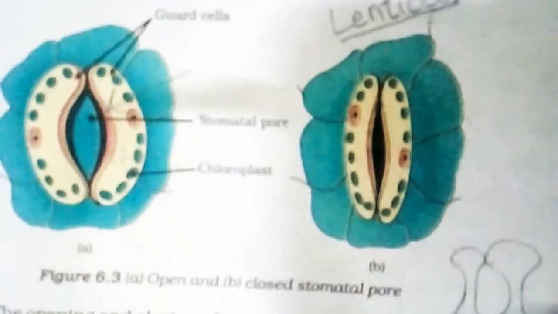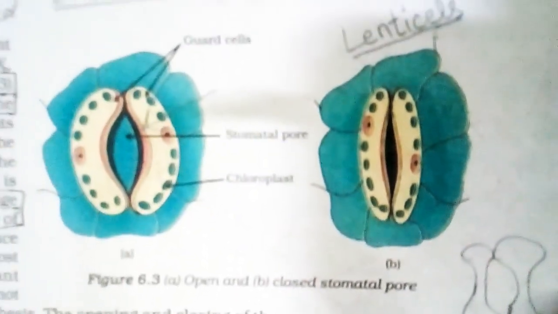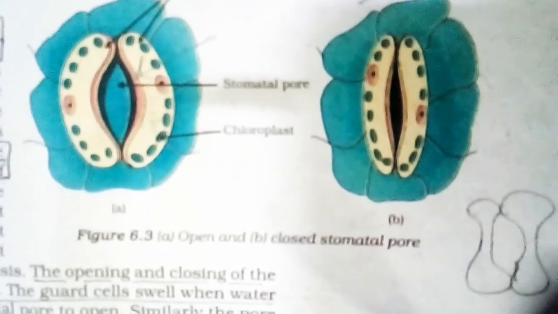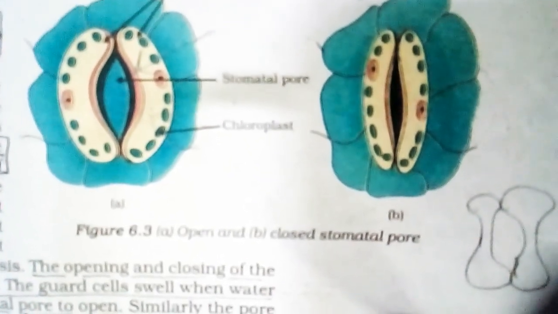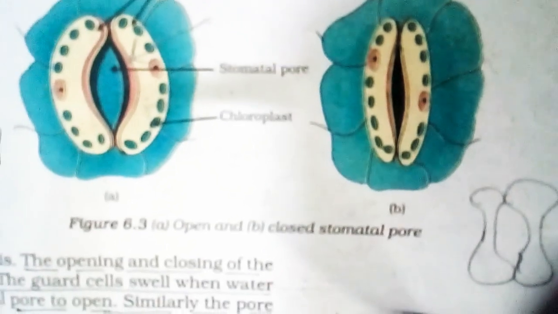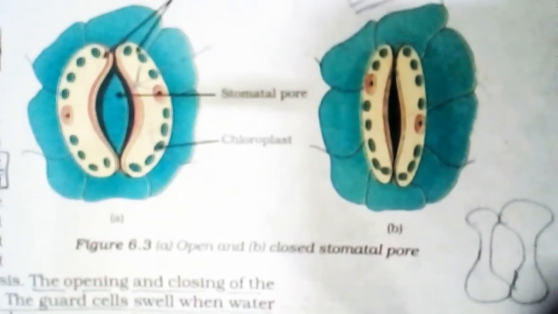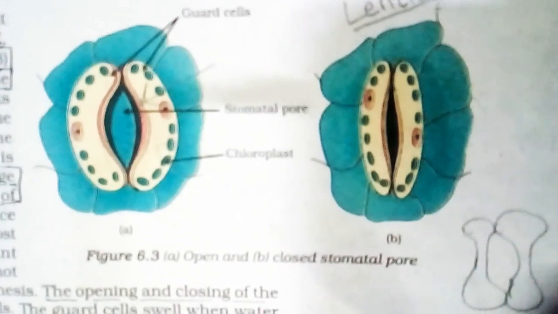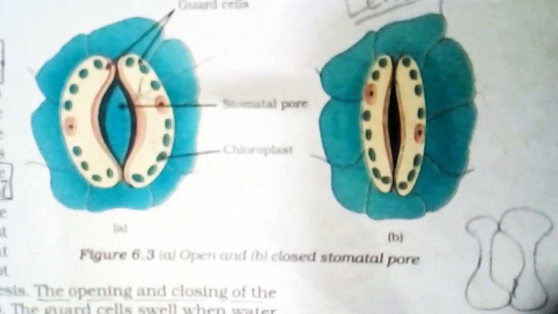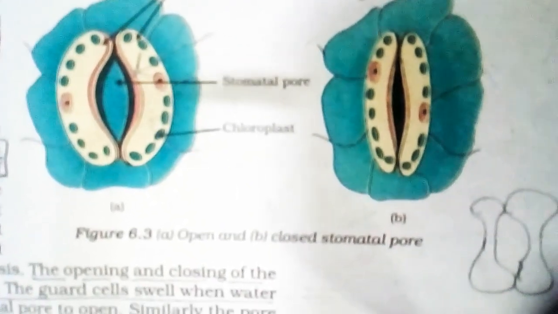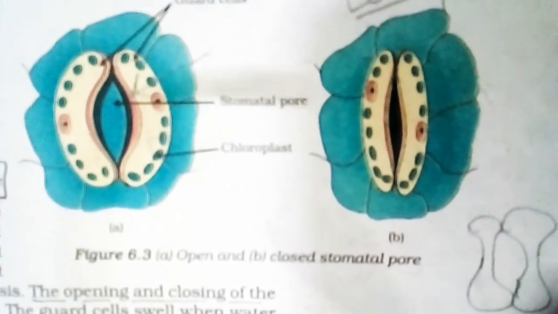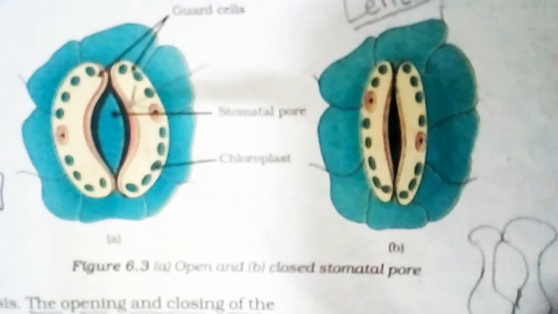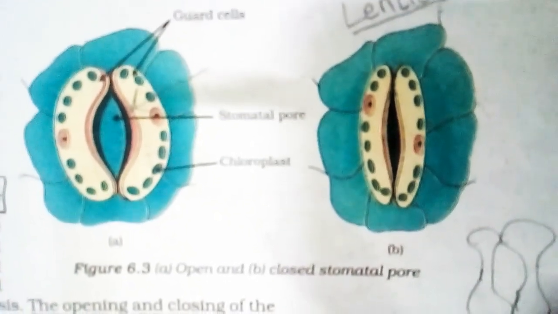The permanent opening is the lenticel, while the stomata, whose figure you are seeing here, are the temporary openings found on the leaves of the plant or the tree. Fine. Now, these stomata are the pores or the holes. Whatever you are seeing here is the whole set which makes a stomata.